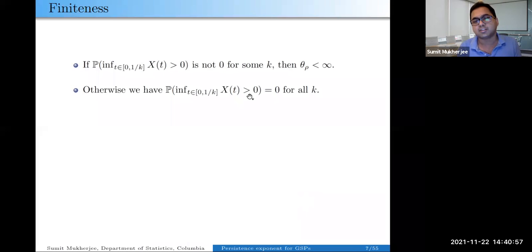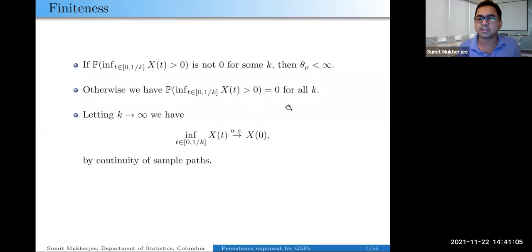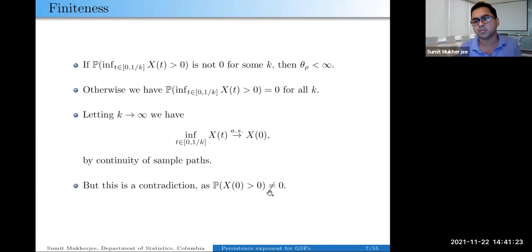But suppose it's infinite for every k. Then this is what must happen. Then I'm going to take a limit over k goes to infinity. So by continuity of sample paths, this infimum will converge to x0 almost surely, but that's a contradiction, because almost sure convergence will imply convergence in distribution, and therefore this probability that x0 is positive will be half, right,